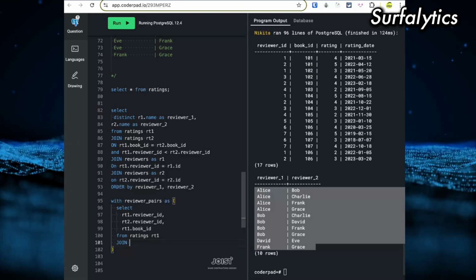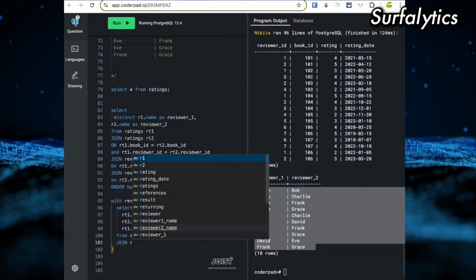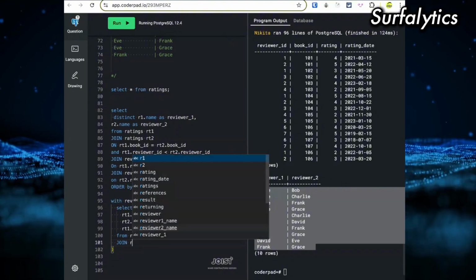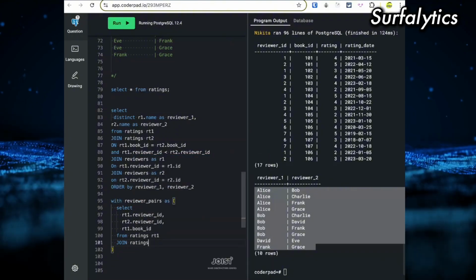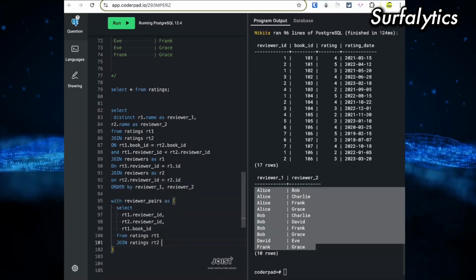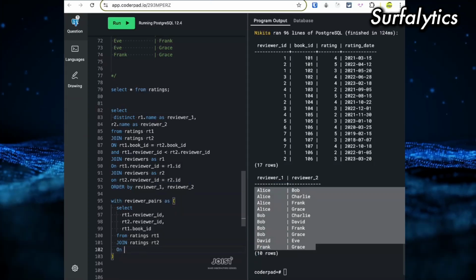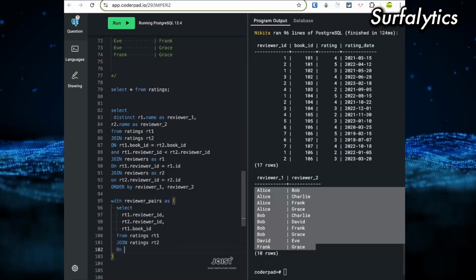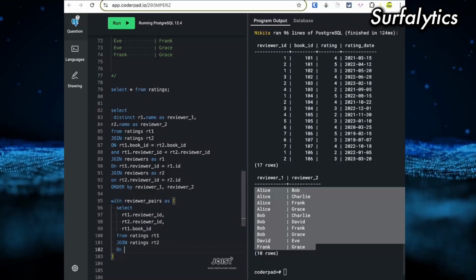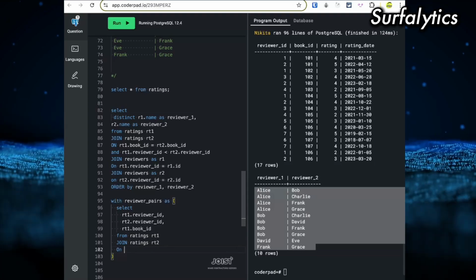Join ratings RT2 on. I will add the same here.